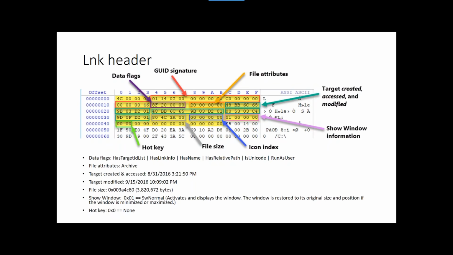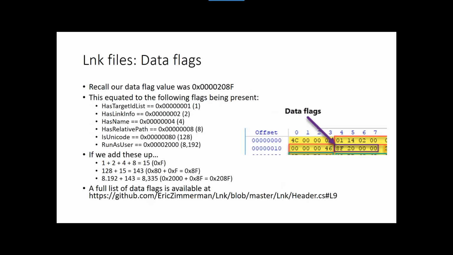At the bottom of this particular slide, I broke down what those values are, just to see how they line up with what's on disk, and all the other stuff is going to fall into play based on what we see primarily in that data flag section. So the first thing when you start talking about how do I even parse a link file is you have to respect what's in the data flags. In this particular example, I just pulled in the data flag section again there, you can see we have